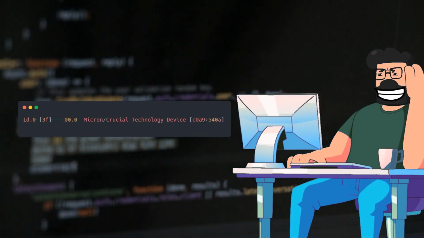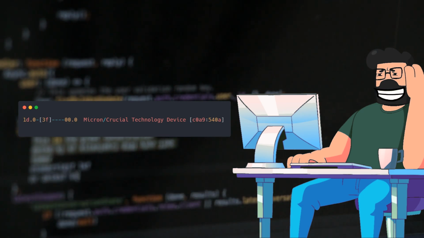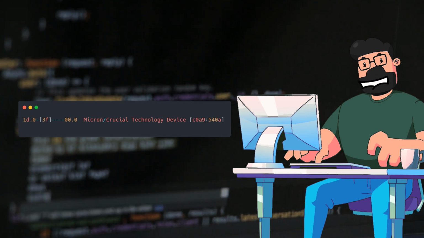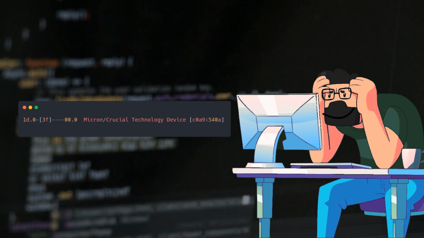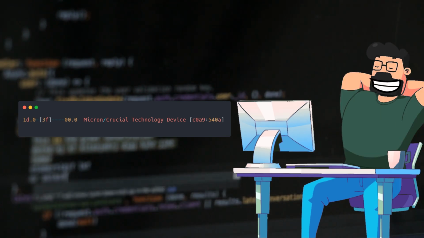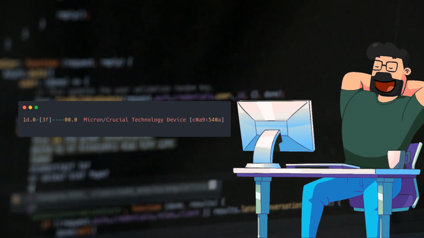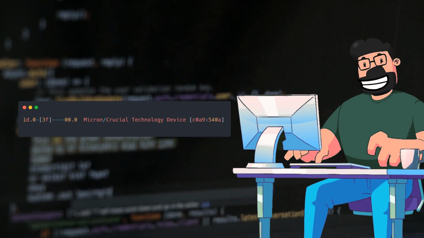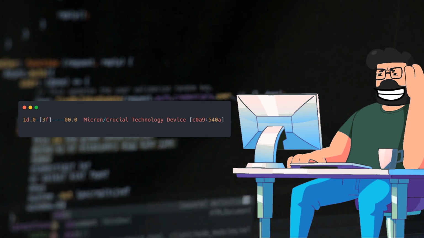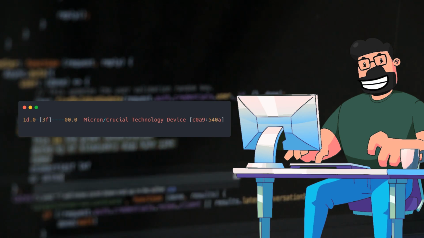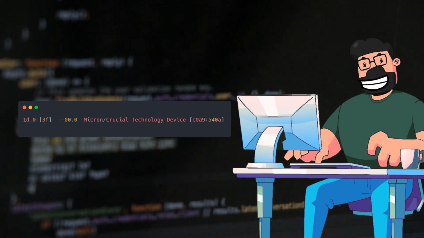Building on the analysis of the PCIe slots detailed in the earlier solution, the command also disclosed a Micron/Crucial Technology device with the ID C0A954A tied to port 1D.0. Similar to the Sandisk device, this NVMe SSD is configured to run at a speed of 8 GT/s with a width of x4, aligning with PCIe 3.0 standards. By pinpointing this device within the laptop's architecture, we gain a deeper understanding of the storage components integrated into the